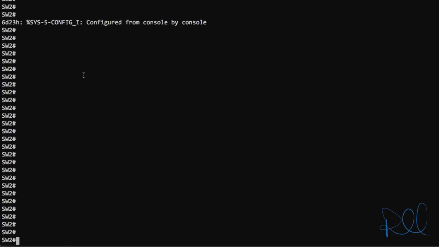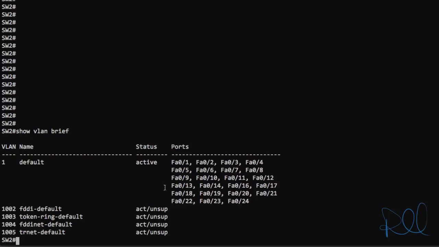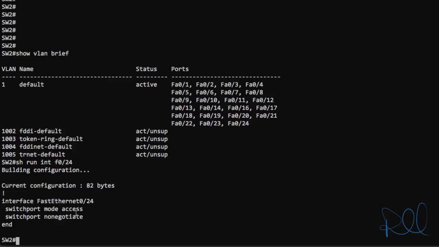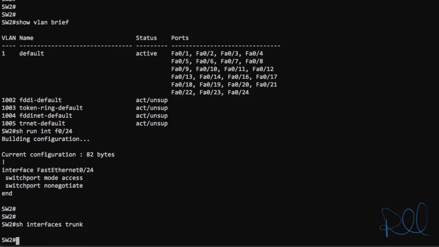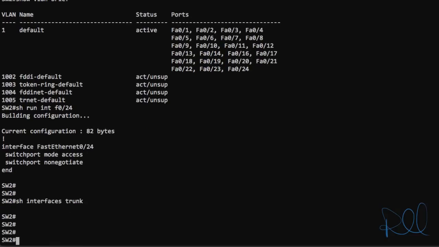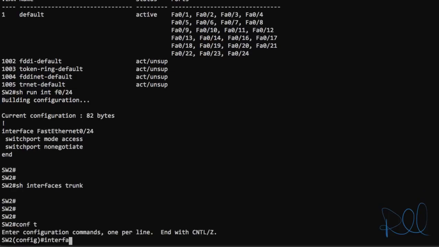So now I'm consoled into switch 2, and if we do a show vlan brief command, interface 24 is part of the default VLAN 1. We'll do a show run interface port 24, and it is actually configured as an access port. We'll see if there are any trunk ports on the switch by issuing show interfaces trunk, and we have none right now. So let's go into global configuration mode, go into interface configuration mode for port 24 with interface FastEthernet 0/24,